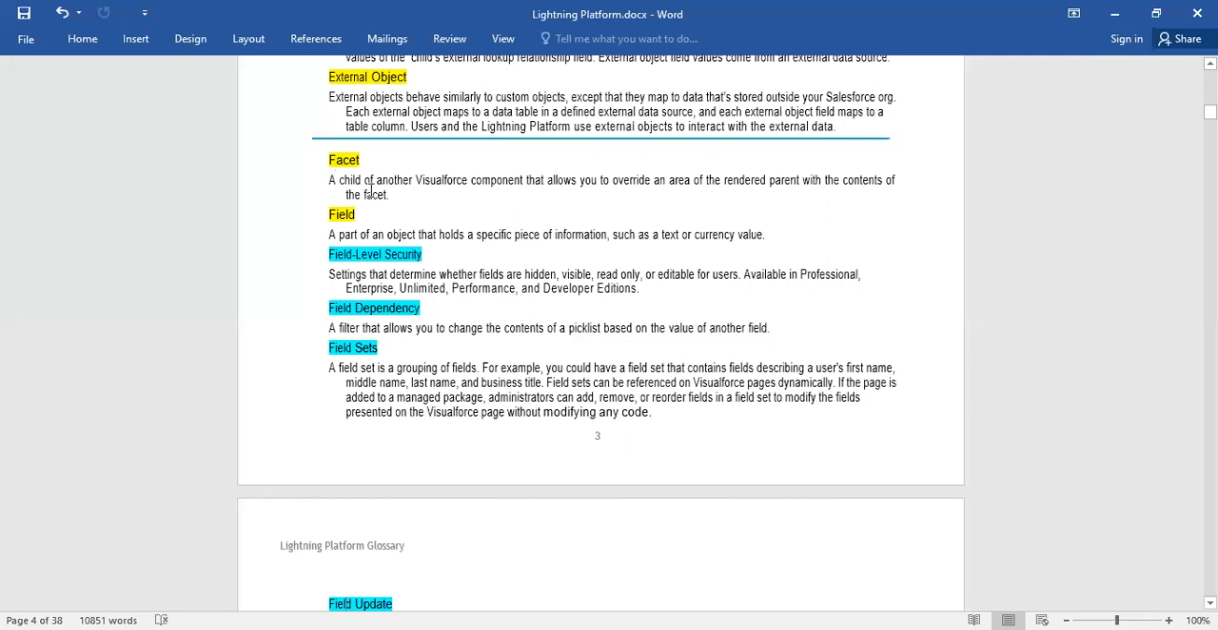facet: a child of another Visualforce component that allows you to override areas of the rendered parent without changing the content of the facet. Next, field: part of an object that holds a specific piece of information, such as a text or currency value. Next, field-level security: settings that determine whether fields are hidden, visible, read only,